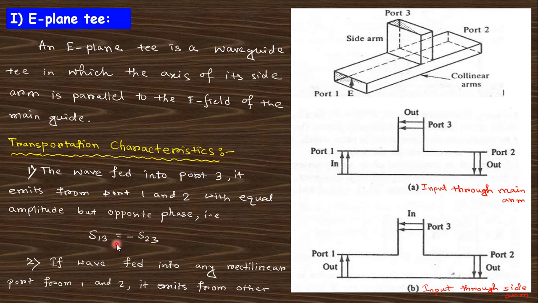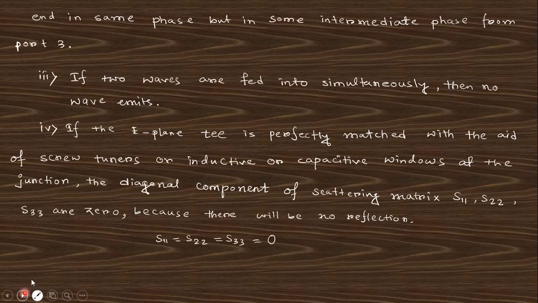So this is the scattering parameter, and these are equal and opposite. Their phases are opposite. That's why this scattering parameter will be equal to -S23. I think this relation of the scattering parameter is clear. If the electric field in the microwave is in port 1, then outside it will be in the opposite direction, opposite phase, and at port 3 there is an intermediate phase.